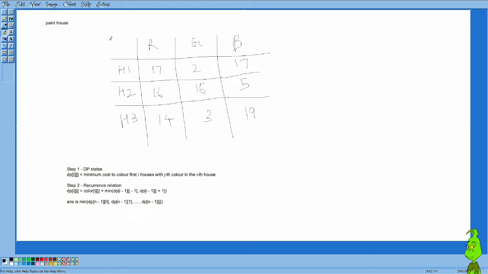So what is given here is there are n number of houses. So I have taken only 3 houses which are presented in the rows, and they are colored with 3 colors. Okay, red, green, and blue here. There can be more colors also. So what you have to find out is to color all the houses with the minimum cost in such